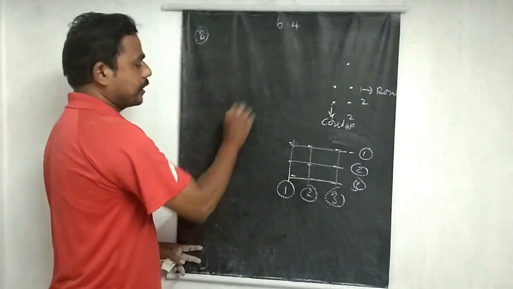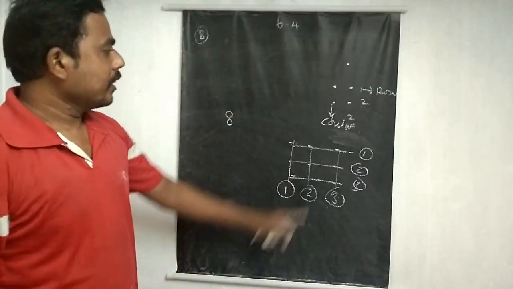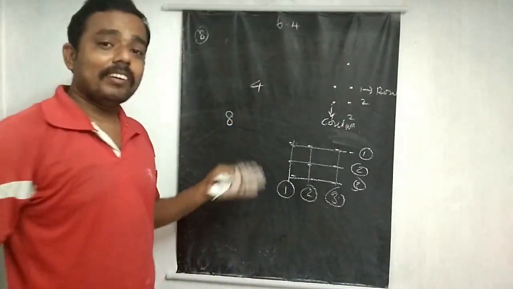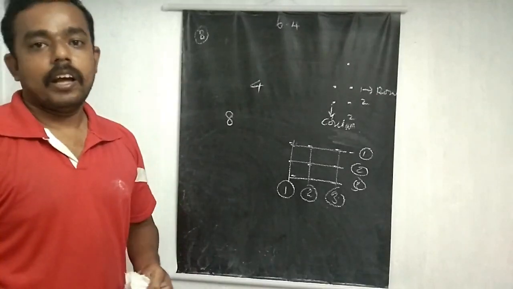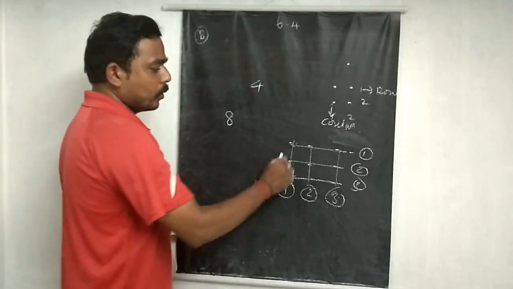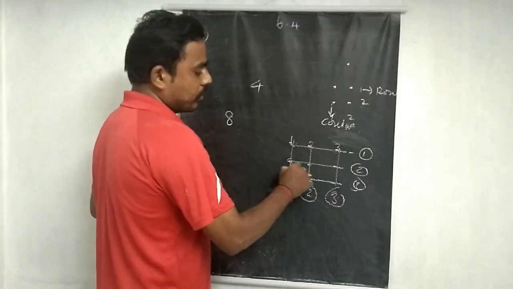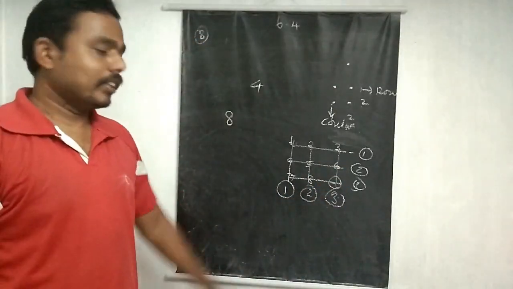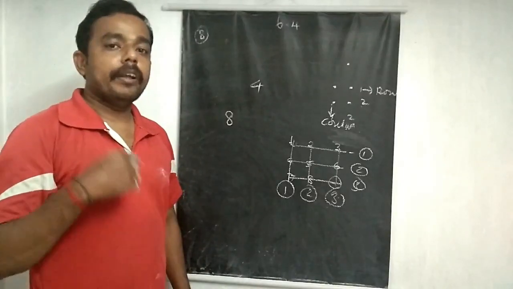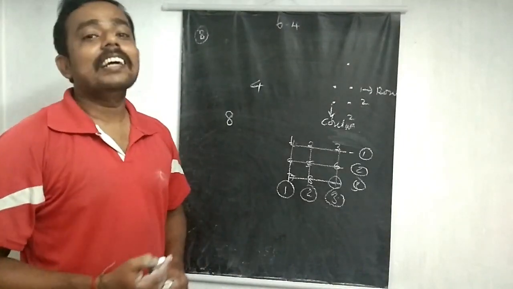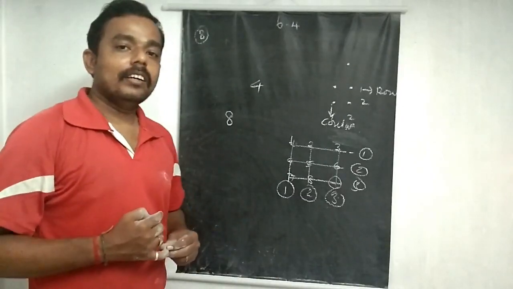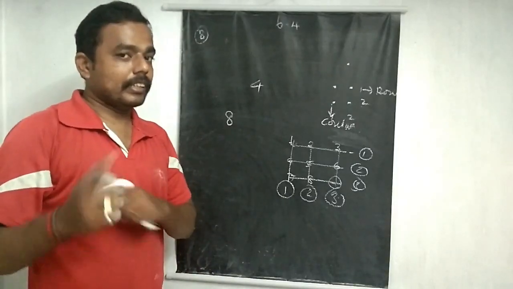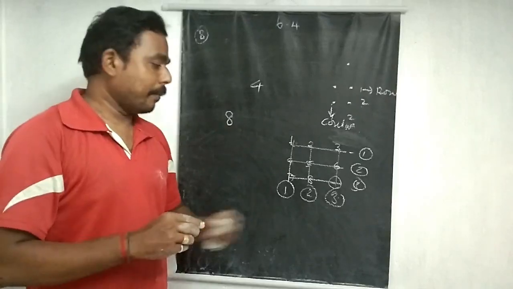Suppose we have 8 plants. Think here, 2 into 2, 4 plants. I can plant 4 plants. Anyway, we have some extra plants, another 4. I can plant an extra 4. So first tree, second tree, third tree, fourth, fifth, sixth, seventh, eighth. How is it possible? How many plants are needed to plant using a number of rows equal to the number of columns? So you may think about how many plants are needed to reach a perfect square number.